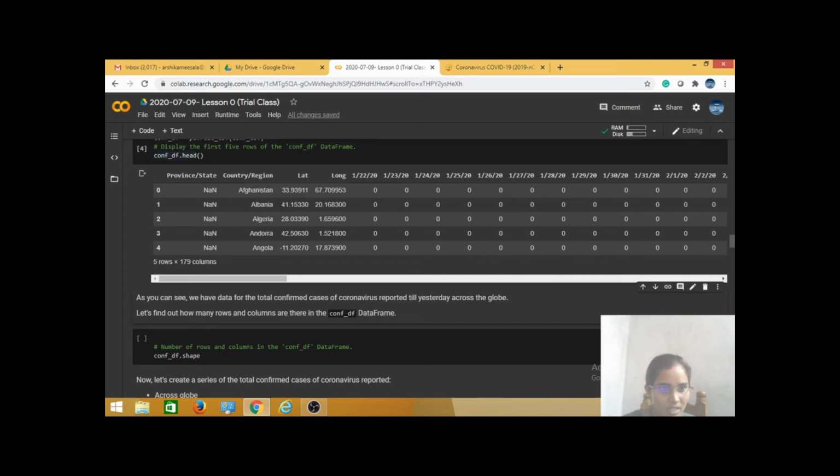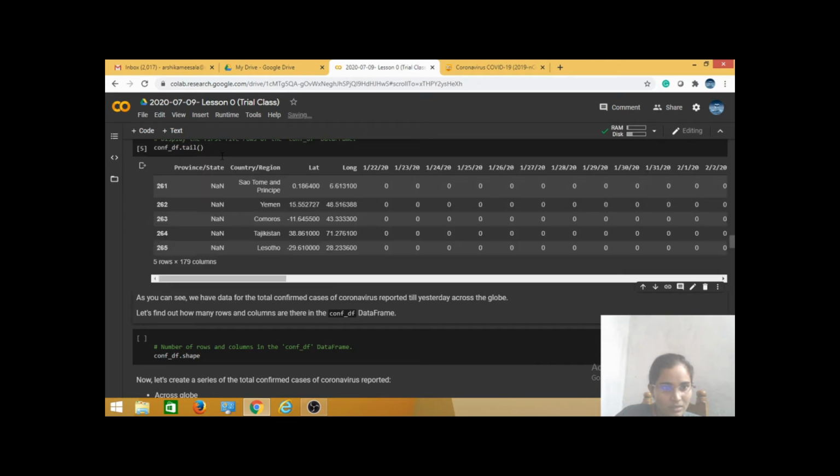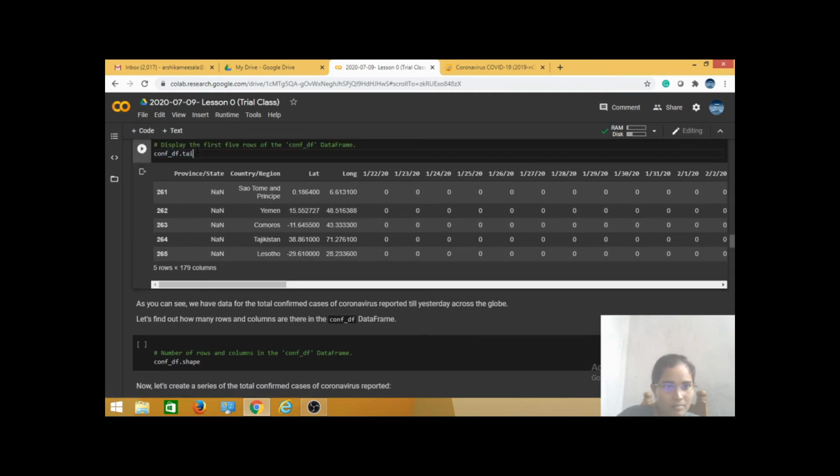If I change it to tail instead of head, I can display the last rows of my table. Here you can see the last rows that we have are displayed if you use this tail.